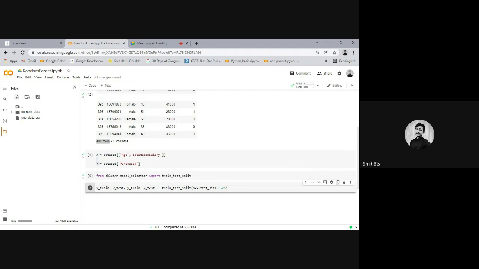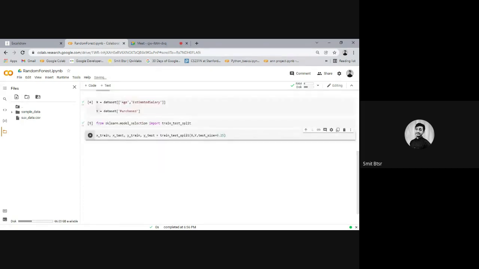What we are doing is we just run this method train_test_split, and whatever it returns, it will assign to all these four variables. Then for training we will refer to x_train and y_train, and for testing we will refer to x_test and y_test.